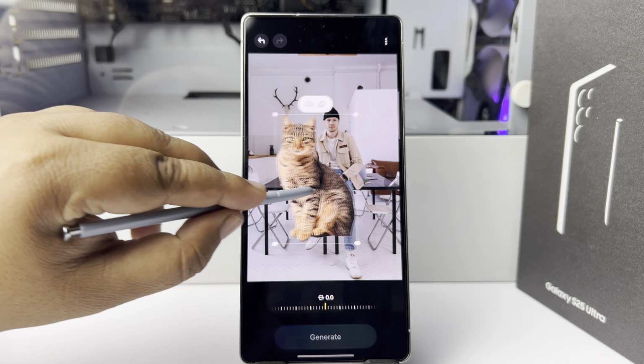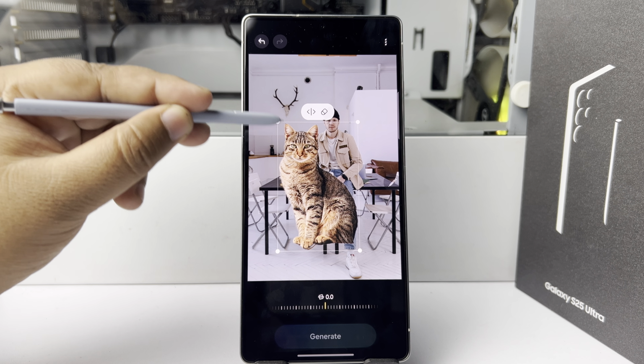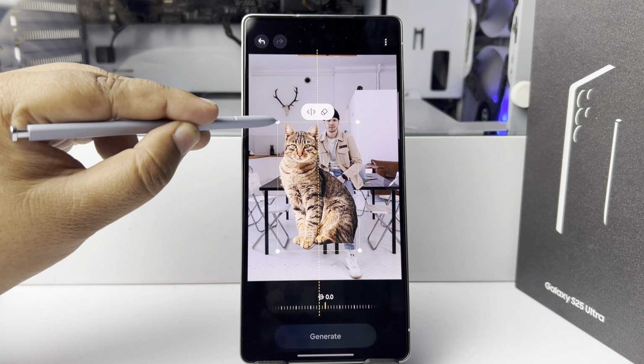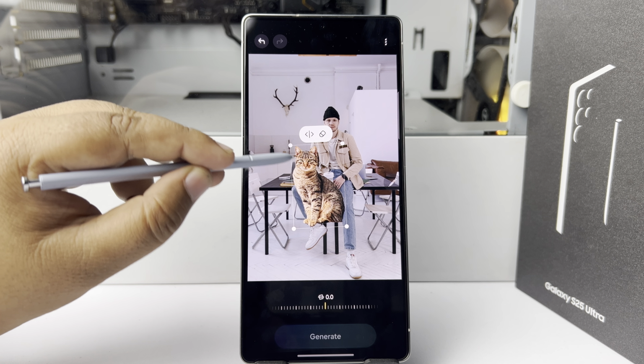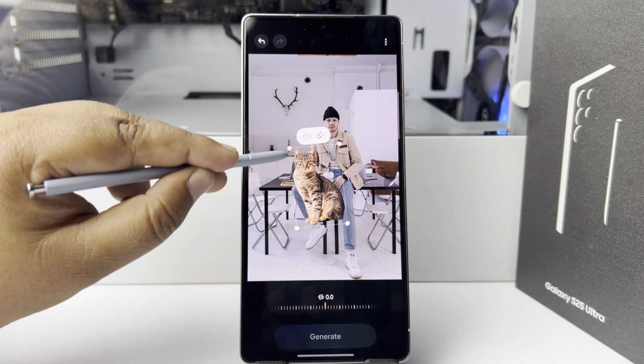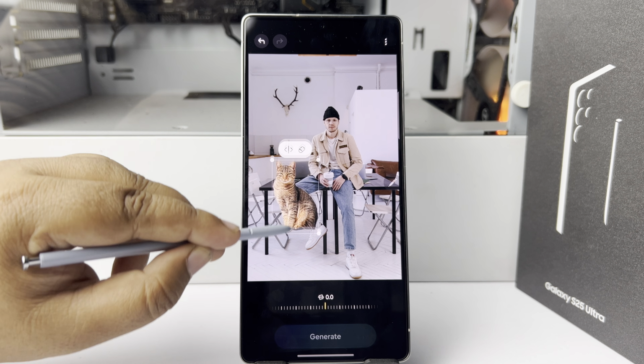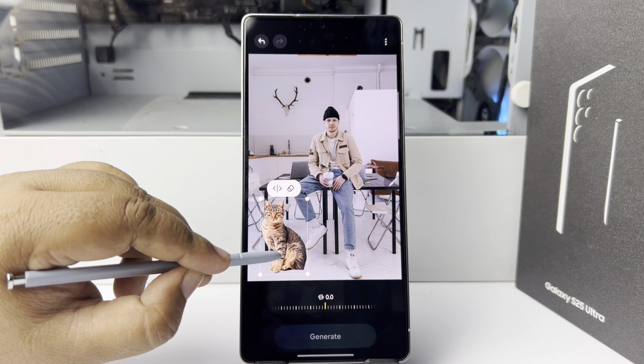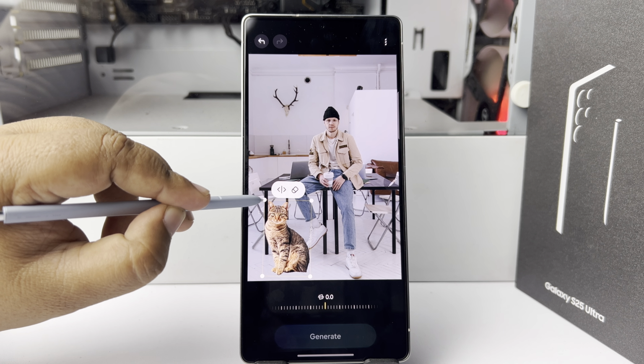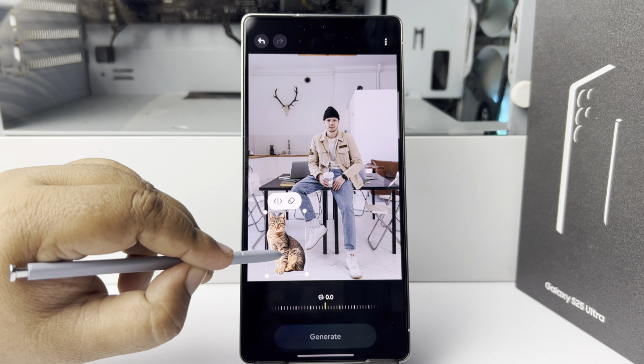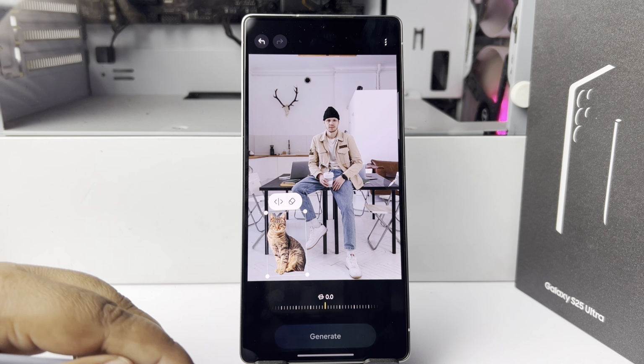Now you can move the object, you can resize the object by tapping any of these dots, and you can also rotate your object just like so. So I'm going to add the cat here and make it a little bit smaller, and then I'm tapping on